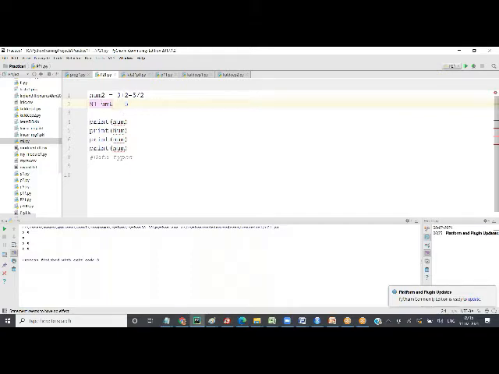Now, so we'll change it back. Whenever you are calling a text, Python knows that it is a variable. So when you are calling, let's say, num2, it's giving an error. Red line.